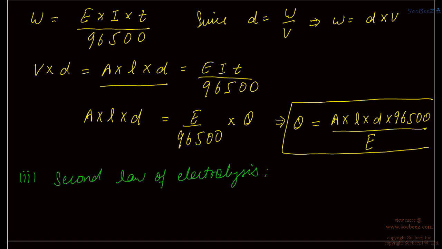This law says that the amount of different substances deposited or dissolved by the same quantity of electricity are proportional to their respective chemical equivalent weights. Okay, so this just says that since we know W equals E into I into T upon 96500, suppose